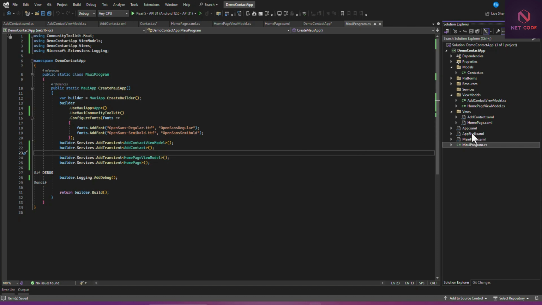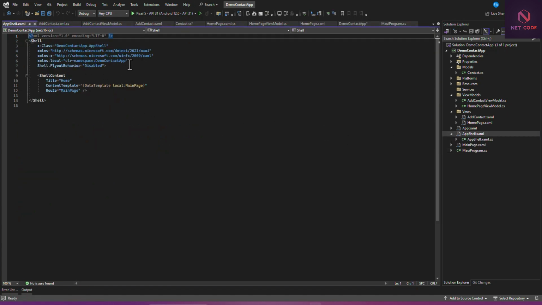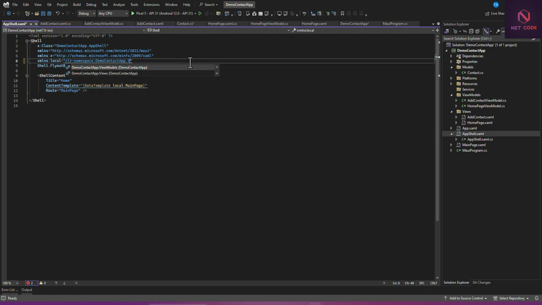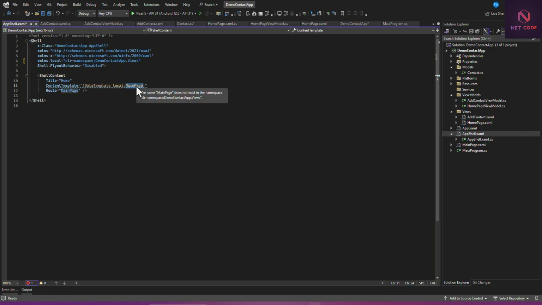So let's go to app shell. Now in here, so local, let's add .views. And we can have access to home page here. So that's a view here, that's a home page. And you can just copy this as a route to home page. Now you are done with this, we are going to create an interface that is a service to have access